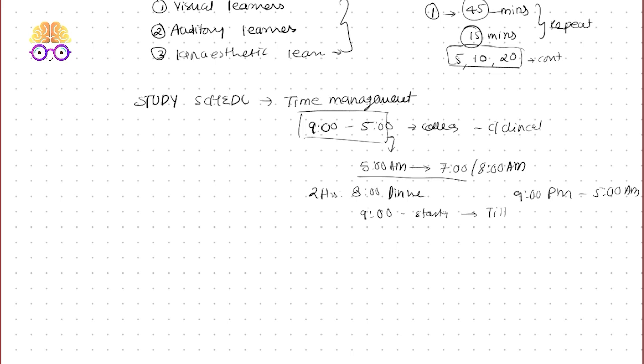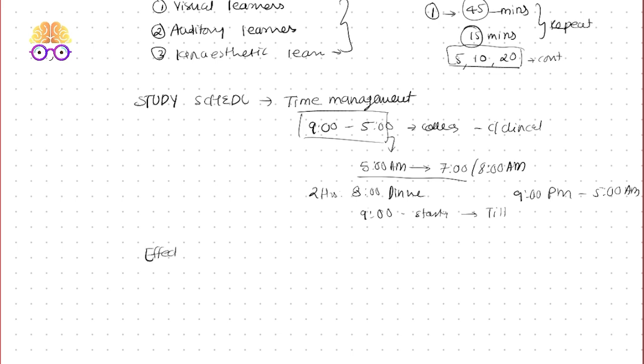And at the same time, in time management, while studying, take 5, 10, or 20 minutes for yourself, give yourself a break, and then study continuously. We need to balance the time between our personal space and study time. So now we are done with time management, which was lacking. We have seen what type of learner we are and how we learn. So at the end we have an effective study technique,